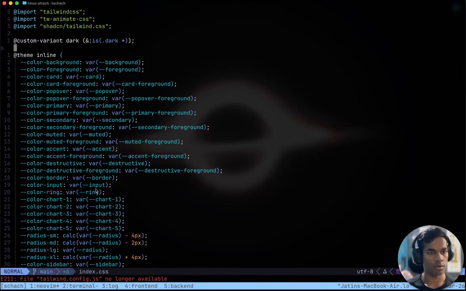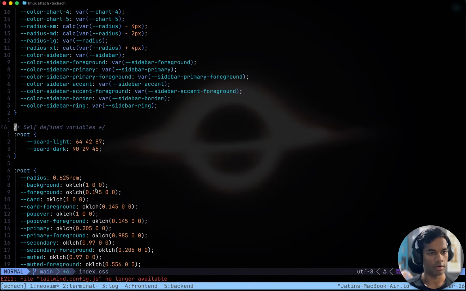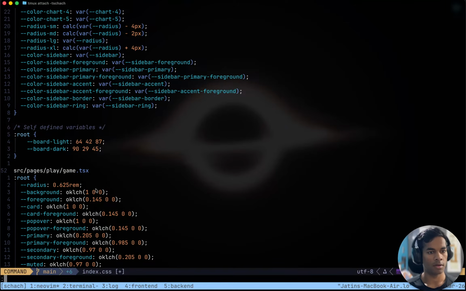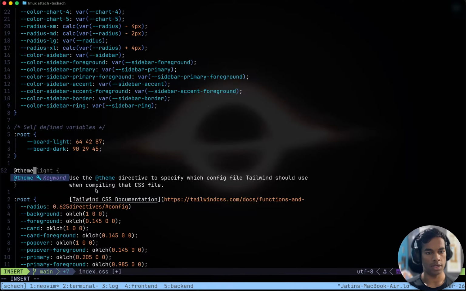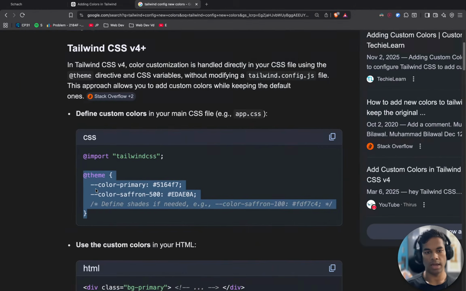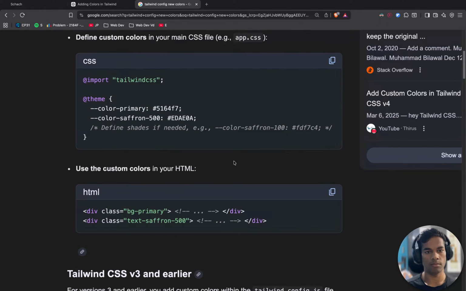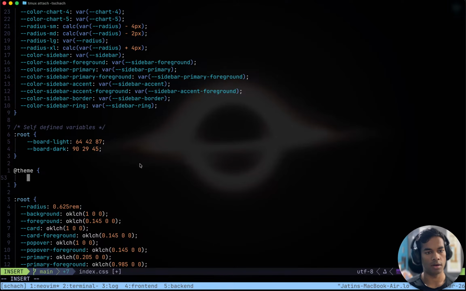Here we have to, okay, there is already a theme defined. Theme, light, nope, theme, just theme, and then colors like this.